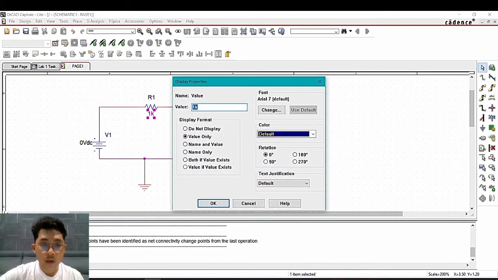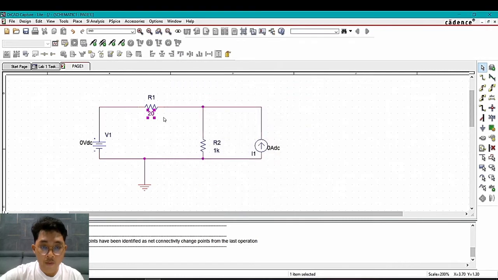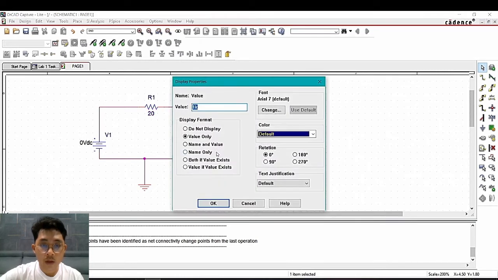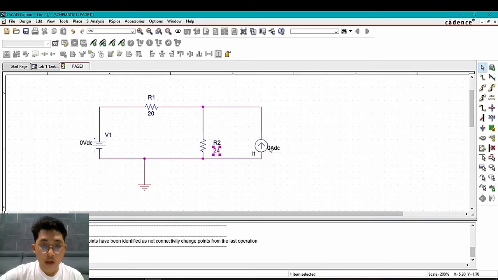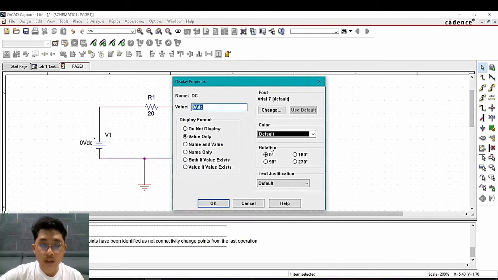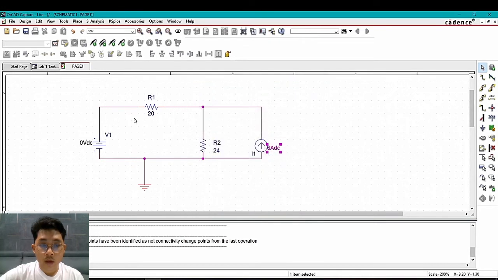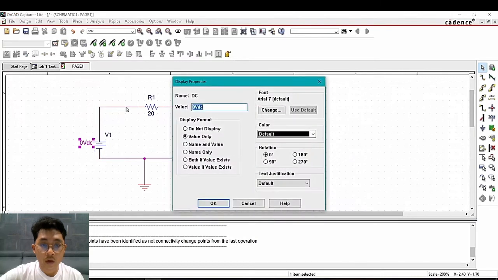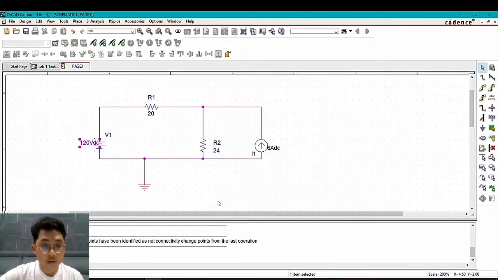Value for resistor 1 is 20 ohm, and for resistor 2 is 24 ohm, and for the current is 6 ampere, and for the VDC is 120. Okay, then